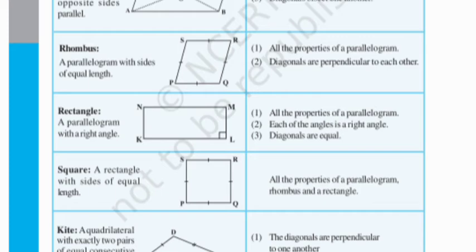Diagonals are equal. Then they have given about the square. All the sides of the square are equal. Then what is the property? Properties of a parallelogram will be satisfied, rhombus will be satisfied, then rectangle will be satisfied. Then about the kite, a quadrilateral with exactly two pairs of equal sides, which means adjacent sides will be equal. The properties of that: the diagonals are perpendicular to each other. One diagonal will bisect the other. Then they are saying that of the opposite angles, any one pair will be equal, the other will not be equal. That is the property which we have discussed in this class.